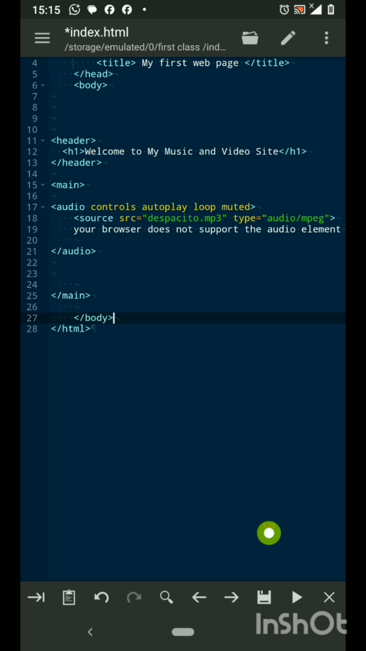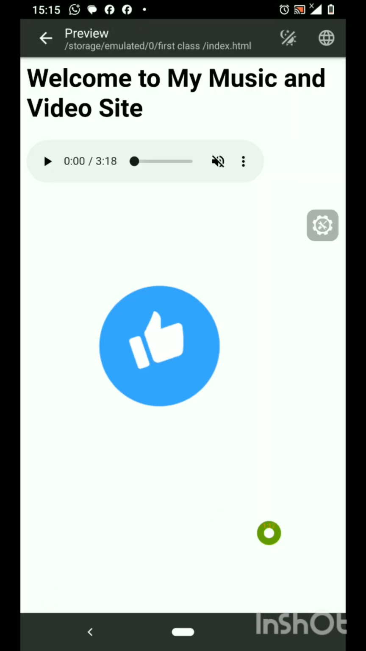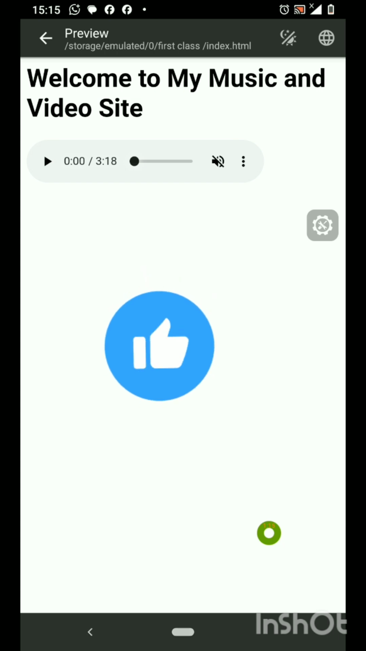Alright, so let me run this. Now you can see that the volume here is muted. So if you play this, it's playing like this, but you can't hear it. But if you unmute it,